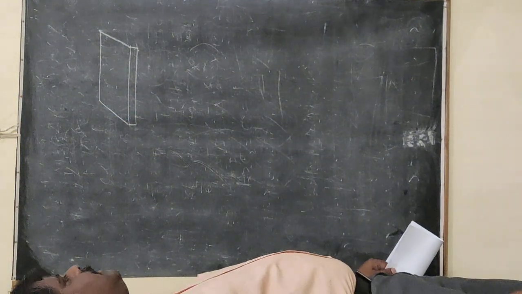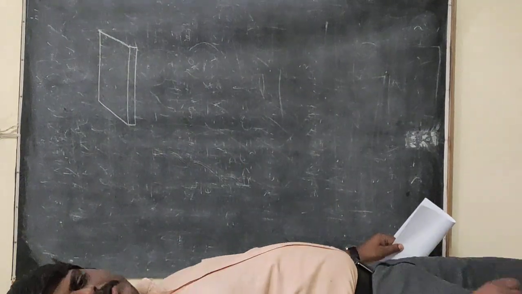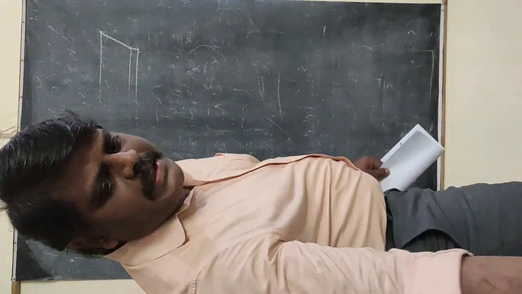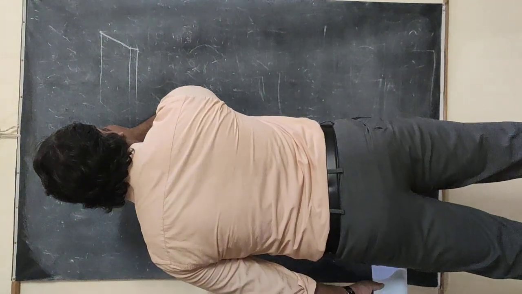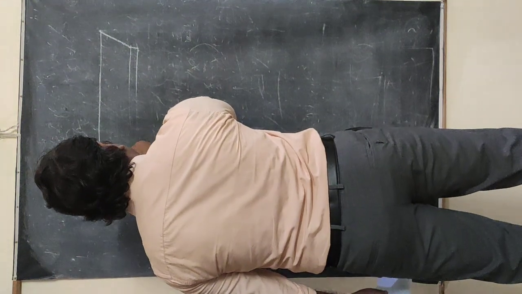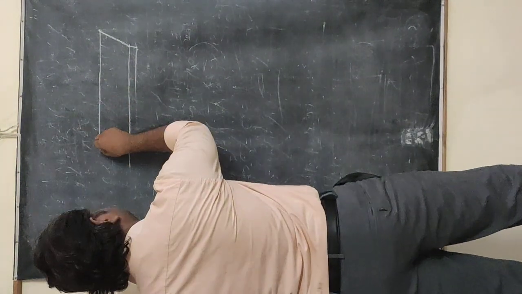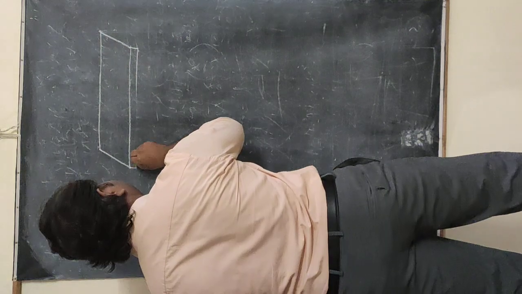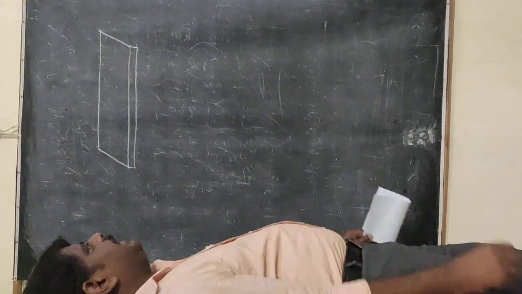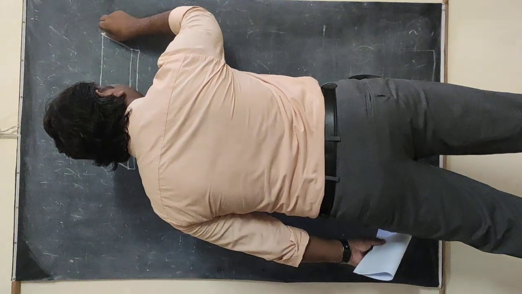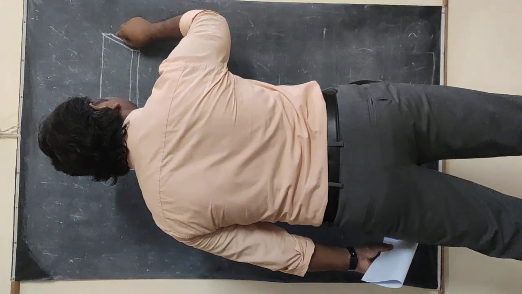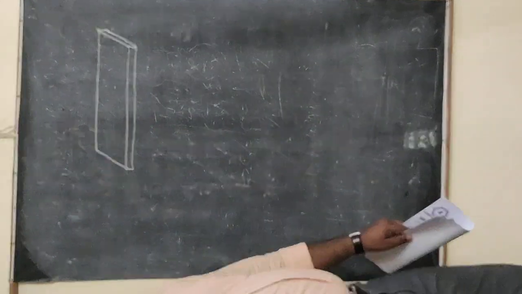Now what happens here, this one is going to be supported. Let us increase the length here. If you increase the length up to here, it will come in this direction, and this one will come in this direction. Okay, this is the beam we are going to take here, and this beam is going to have this much thickness.